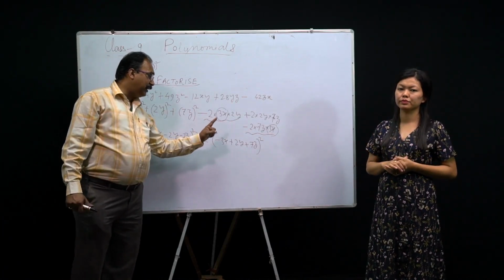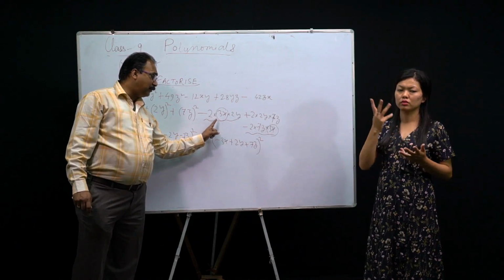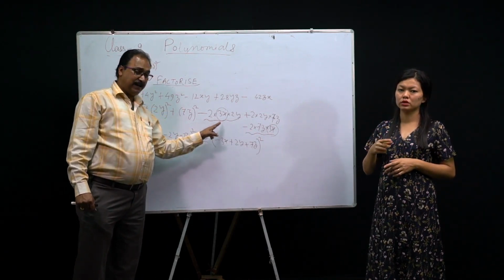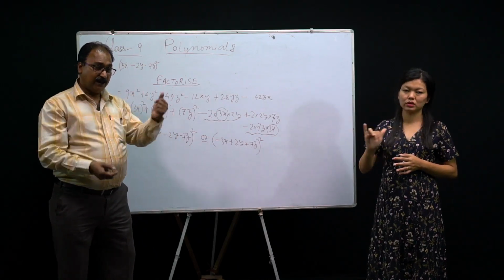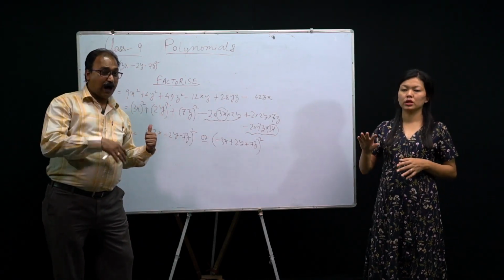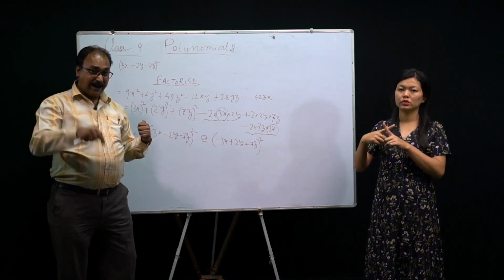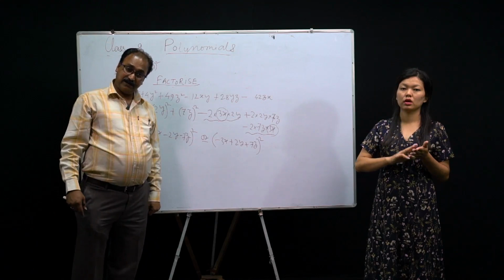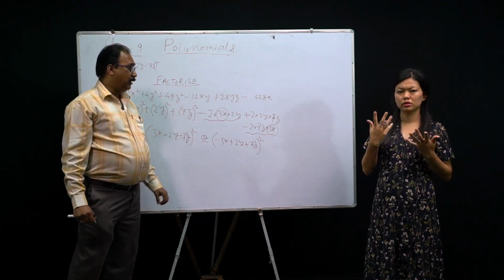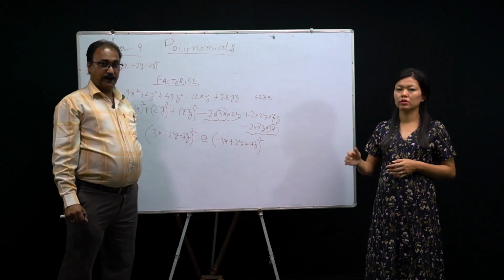What did you learn here? First, from the product terms, which 2 product terms are negative? Among the 2 negative terms, you have to search for the common term. That must be positive, and the other 2 will be negative. If that is negative, the common one you chose, then the others will be positive. Understand? It's vice versa. Please, one more question of this type I'll show you again. Clear?